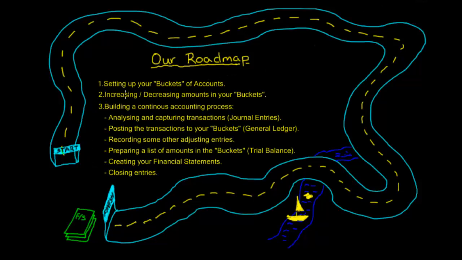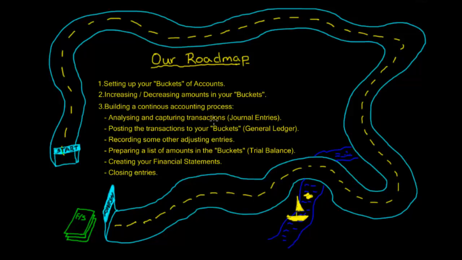We're going to get started by helping you to set up what we call your buckets of accounts. These are basically, in accounting terms, known as your general ledger accounts. And the start of any accounting process begins with setting up a list or a chart of accounts. We'll then talk about how we increase or decrease amounts within these buckets. We'll go on then to finally building a continuous accounting process or system, also known as an accounting cycle, which